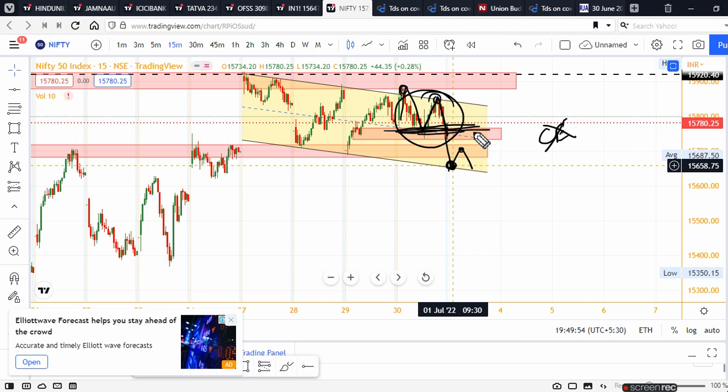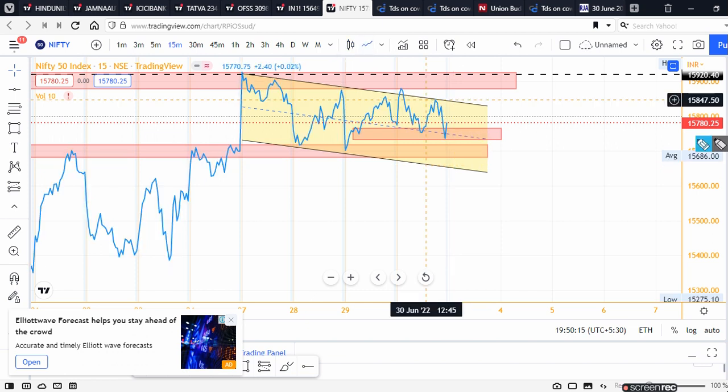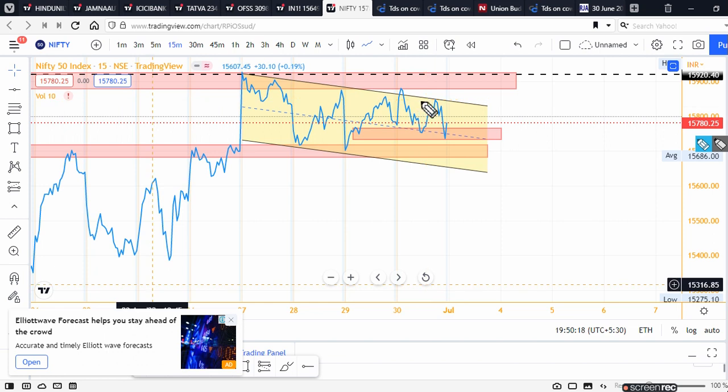So till the time this new area is not closed on the upside, we are not looking for a CE in any case. Now if market opens gap down and starts moving upwards, I will suggest you to kindly see some rejections at this level, because if we understand the trend, the trend is also saying this only, that the probable movement can be like this. Market went above like this, went down after a gap down, created a resistance at this level and then down. This can be the probable scenario.